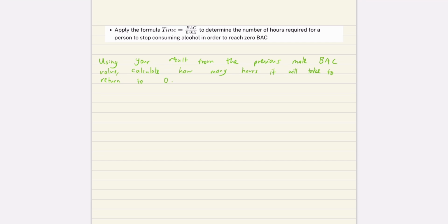Next, apply the formula time equals BAC over 0.015 to determine the number of hours required for a person to stop consuming alcohol in order to reach zero blood alcohol content again. So, using our result from the previous male BAC value, calculate how many hours it will take to return to zero. From our previous question, we had a BAC of male equal to 0.0873, and if he stops drinking alcohol now, the time required for his blood alcohol content to drop to zero will be whatever his blood alcohol content is currently divided by